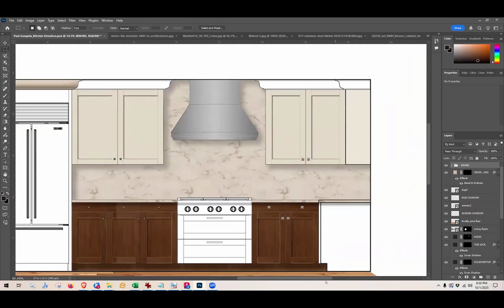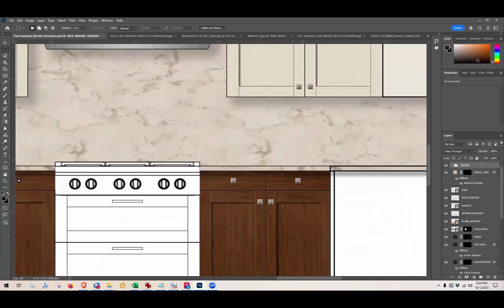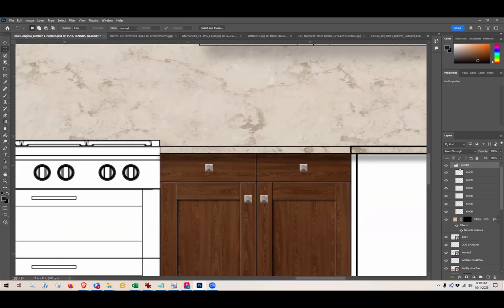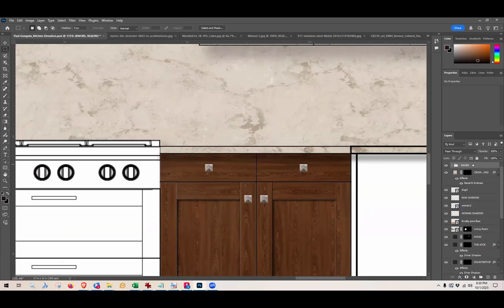And I can add, if I want, a special effect to this. Like maybe I want to put a little drop shadow underneath them so they look like they're popping out away from the face of the cabinet. So I'm going to add the drop shadow. I don't want to add the drop shadow to each and every single one of my knobs. What I'm going to do is add the drop shadow to this group of knobs. So I have the knob group selected, and then I'm going to go to my FX, go to drop shadow,